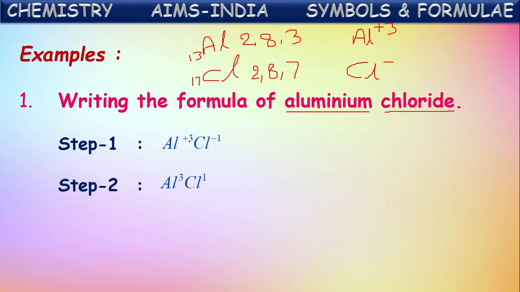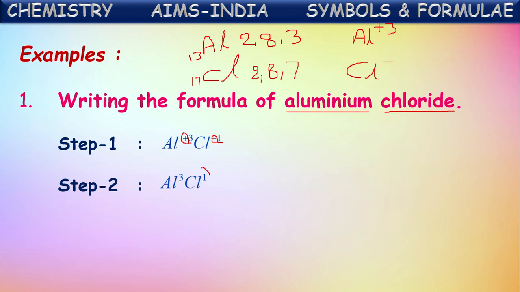See here, the charge is 3, here 1. No common factor can be eliminated from these two, so that's why they are written as it is. And we have to eliminate these positive and negative symbols from their charges. Just the numerals are taken. After writing like this, after the elimination of common factor if any, in the third step